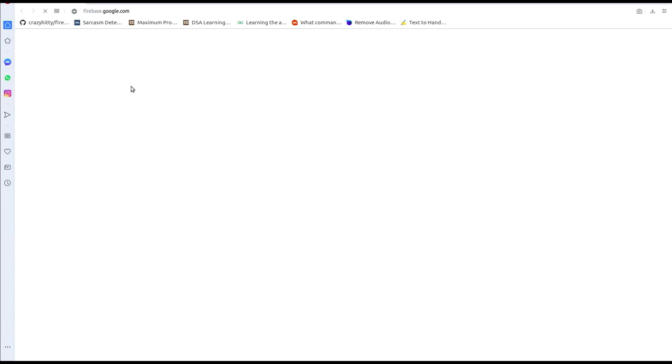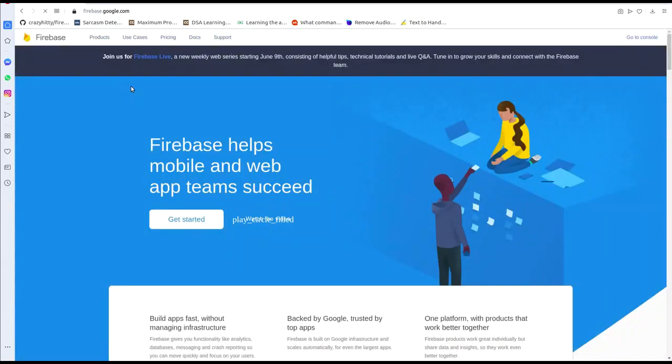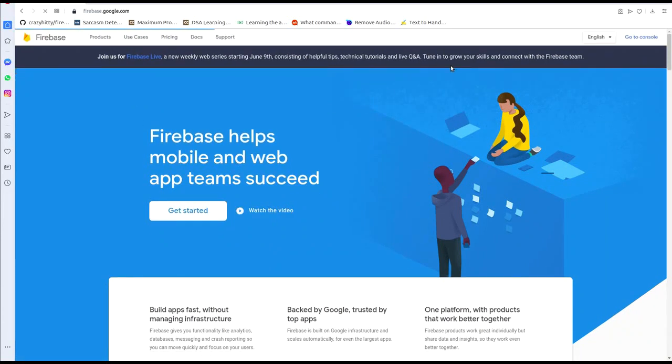It is a Google provided service, and it is absolutely a kind of blessing to all the developers. They provide services like machine learning and databases, the real-time databases. Also, we can host our app on this server. And now we have to click on go to console. After clicking on getting started, then go to console, and you have to log into your Gmail account before opening this. And it is opening.